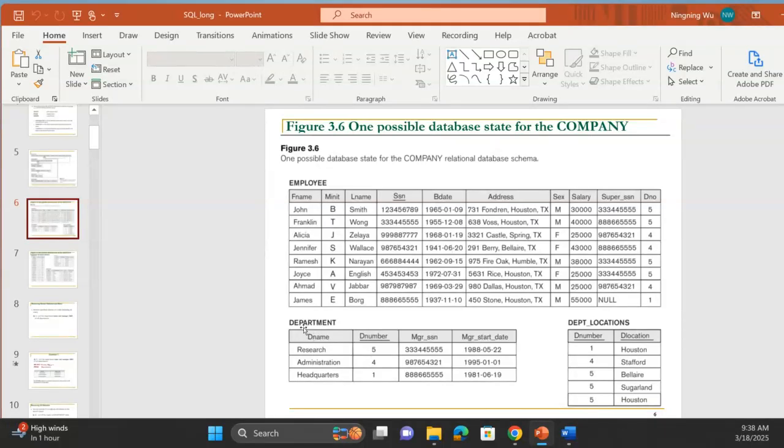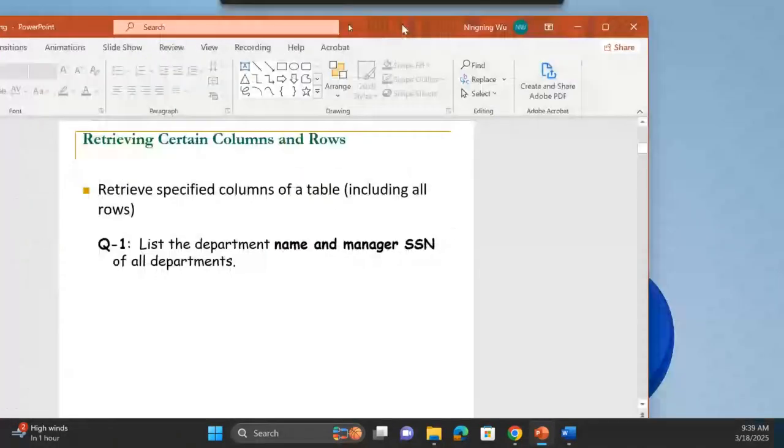We do have a department table. A table named department really indicates that this table is supposed to store the department information. From this table, we are able to get the department name, department number, manager's SSN, and the manager start date. Okay. Then if we go back to the query,